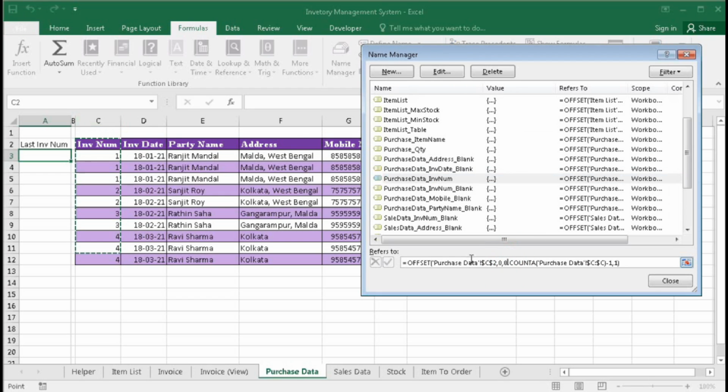Okay, you can see the range is copied, but it is copied from here, so here it will be 1. Okay, yes, now it is okay.